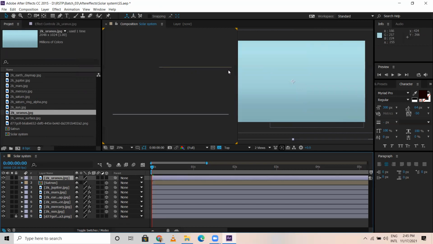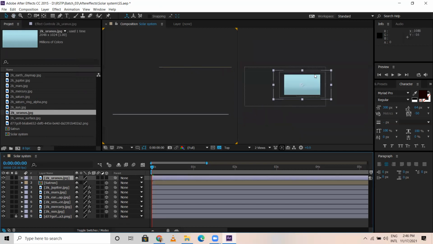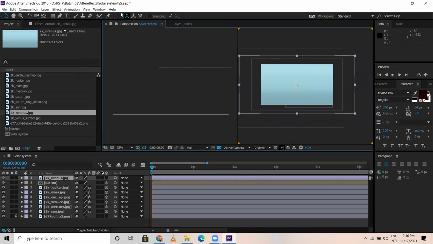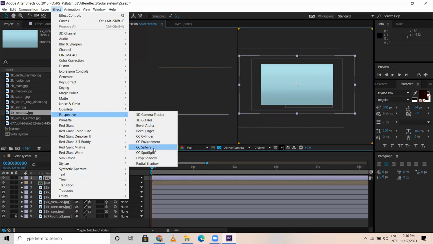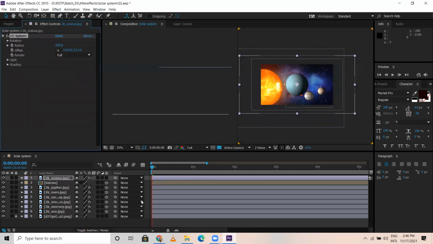So first thing in this view, effect, perspective, CC sphere, or Uranus is here. I enable this into 3D layer. Okay, so Uranus is here.